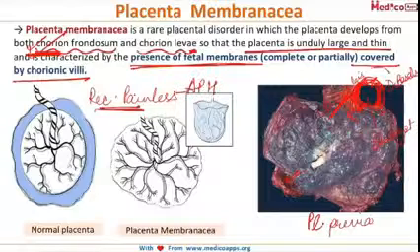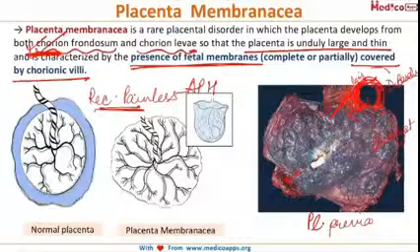The next complication that it may result in is that due to imperfect separation of the placenta, it might lead to PPH. There are increased risks of chorioamnionitis, fetal growth restriction,